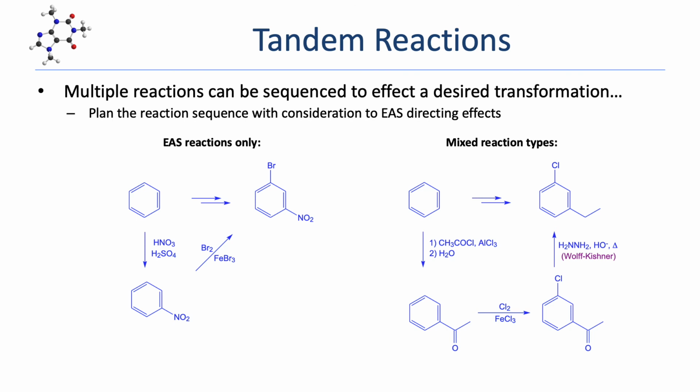So you can see that in this example, we needed to transform one of the groups that was introduced through EAS chemistry using a non-EAS reaction, specifically a reduction. These two examples represent, at a very fundamental level, the planning and strategy involved in making very complex organic molecules, useful molecules like pharmaceuticals,